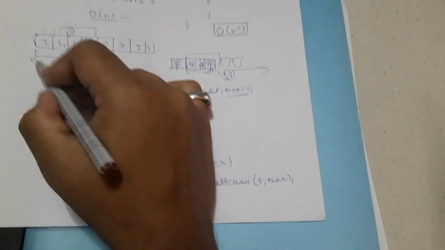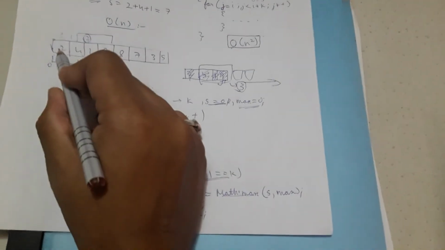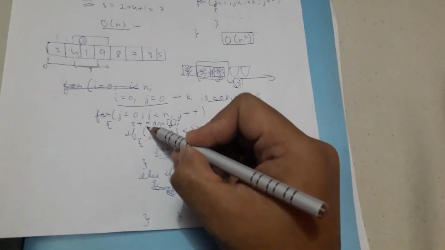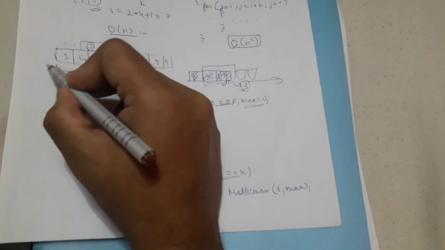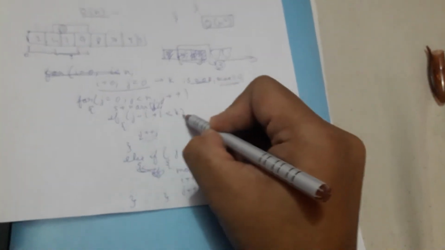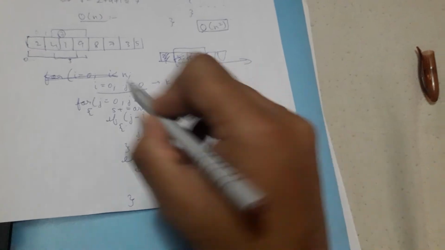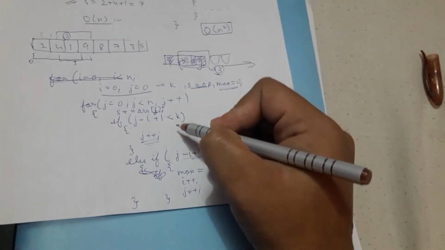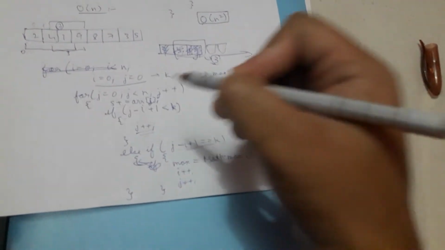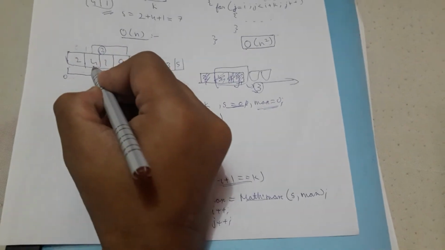So what happens is that initially my window size is fixed. My i and j are both initialized to the 0th index. That is, now I'm first adding the elements up to the first window size, from 0 to 3. So each time this condition passes and j gets incremented, my i variable I will not increment until I reach my value of k. I will increment my j, I will increase my window size, and I'll go up to my limit, which is 3.